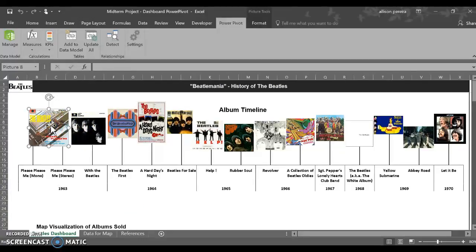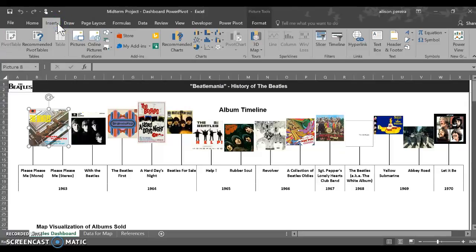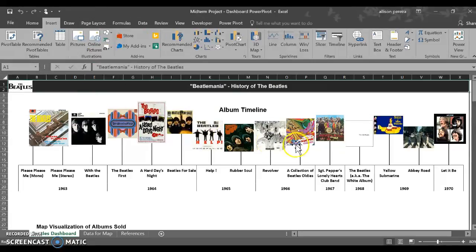And then to get in these images here, I used the Insert tab, and I was able to use this online picture search tool for Bing. That allowed me to search for each of the albums and add them to my chart here. All right, so then